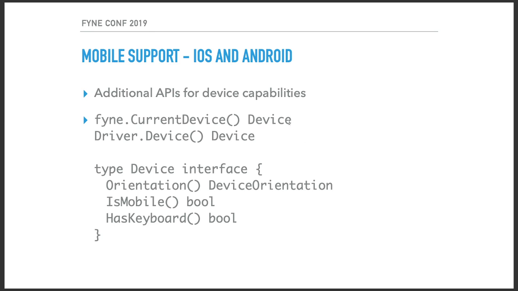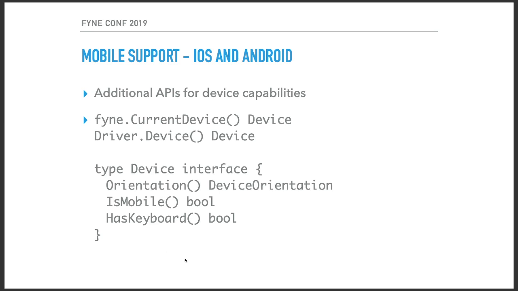You can look up device information using the find.currentDevice helper function, or if you have a reference to the loaded driver, it has a device function which will return the information that the driver is currently running for. However you get the device